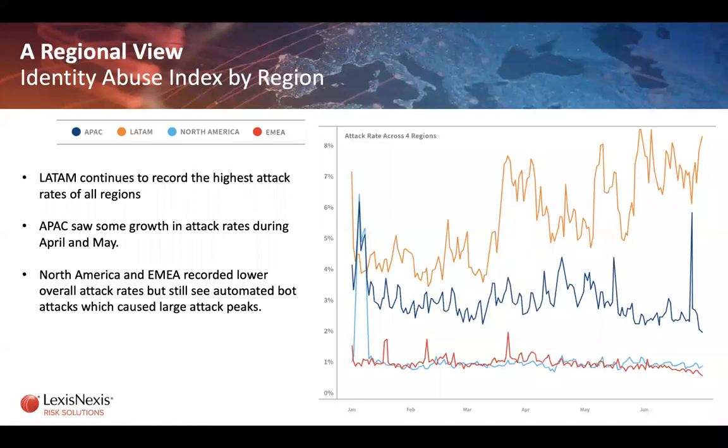When we look at different regions and go into the different region aspects, that's just covered a few examples in industry attacks. Looking at regions,